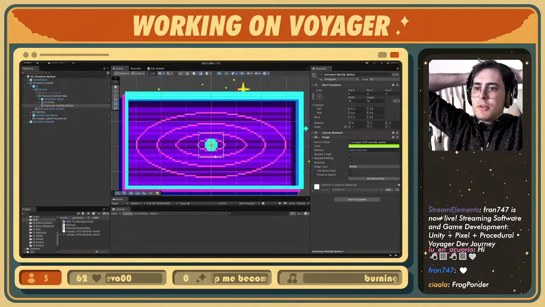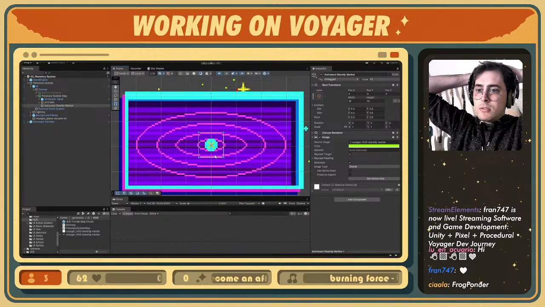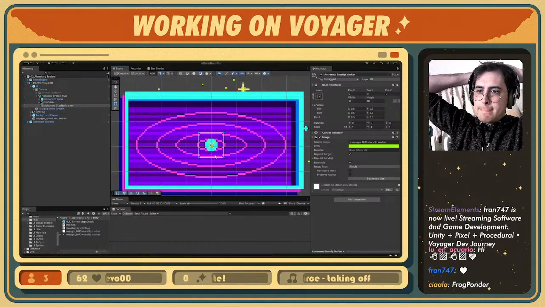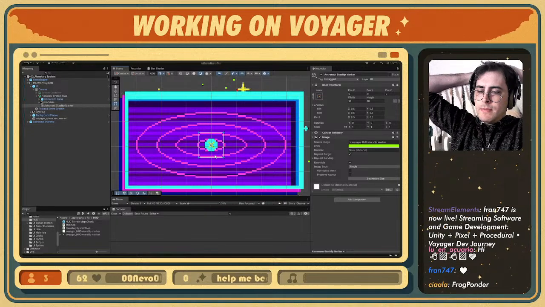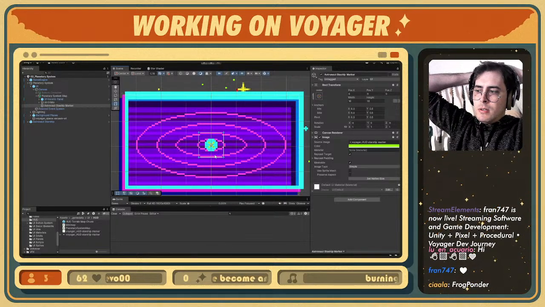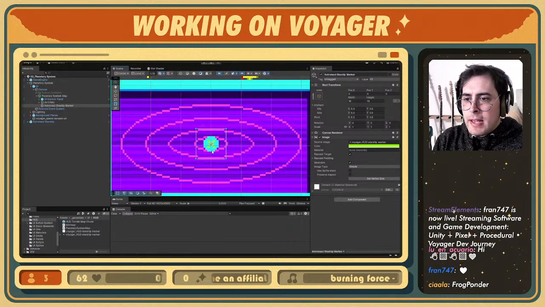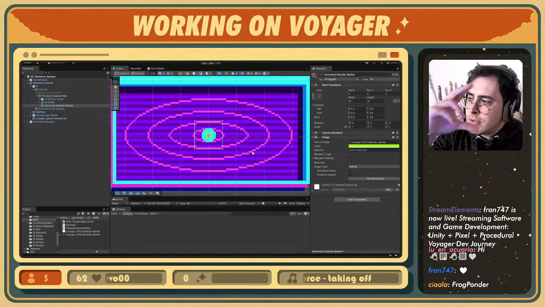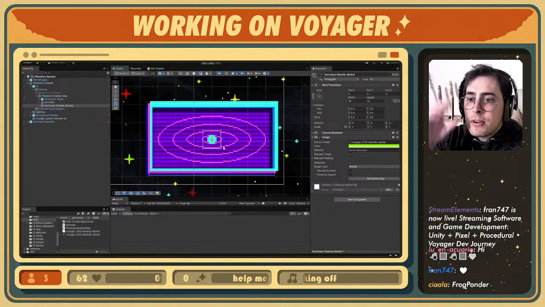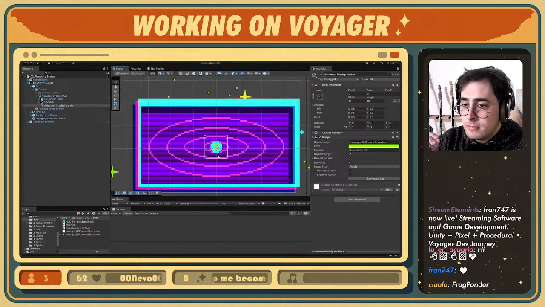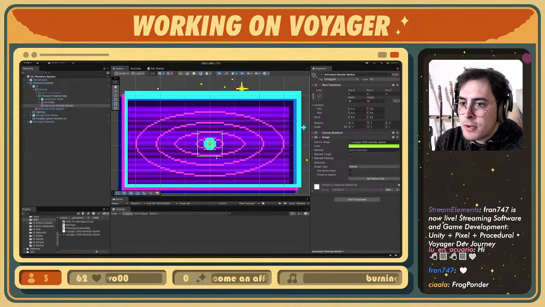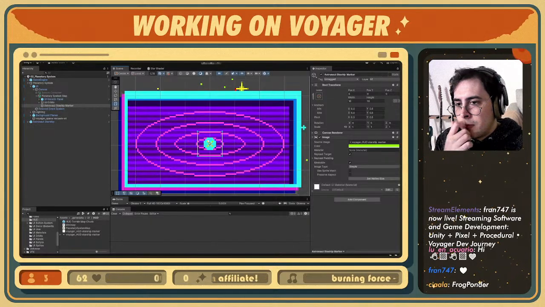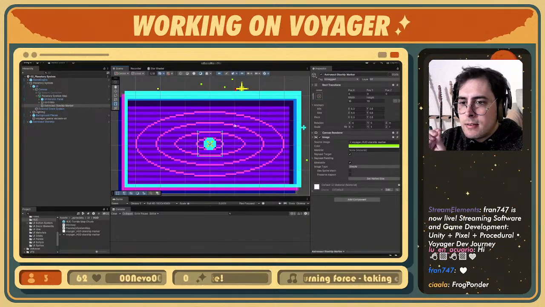It's going to be a bit tricky, because there's a couple things to have in mind. The actual positions of the planets, like the orbits you can see here, are squished. They are not perfectly circular, and that's just because I want it to look like this. But the thing is, we need to make it